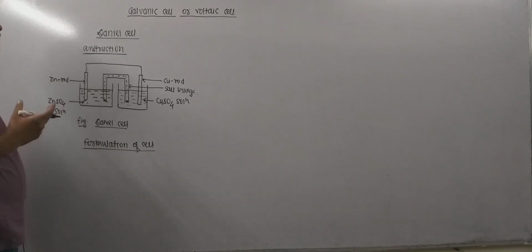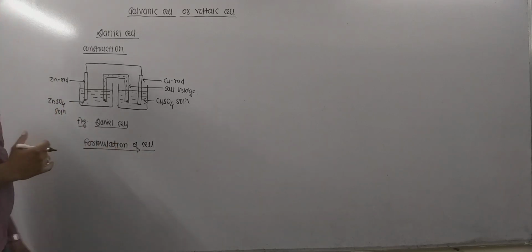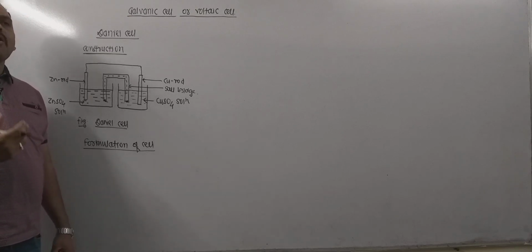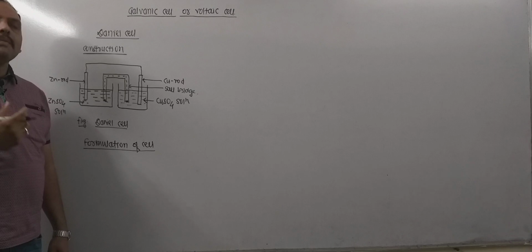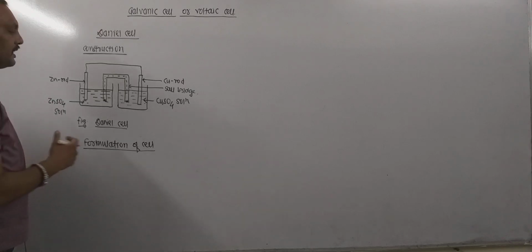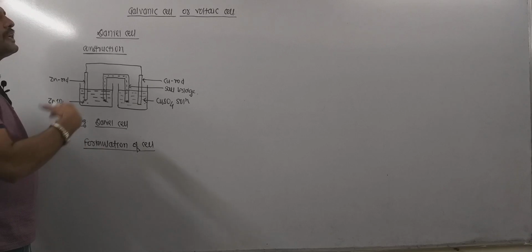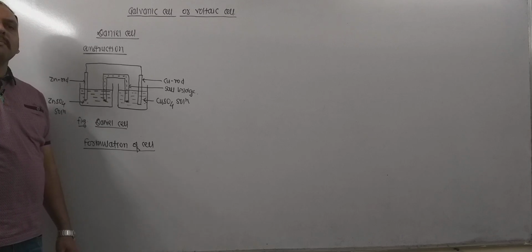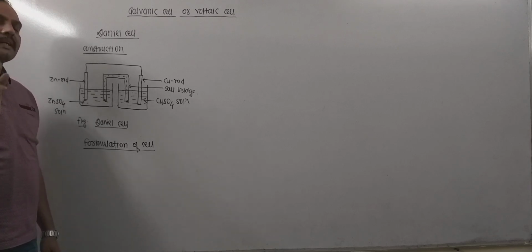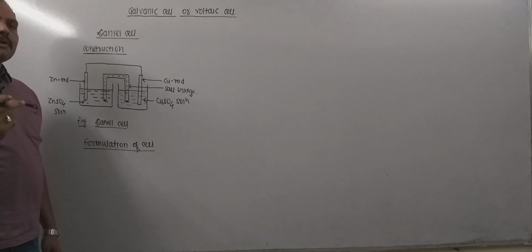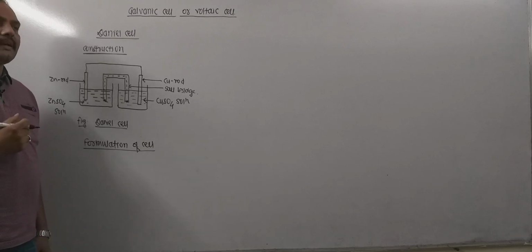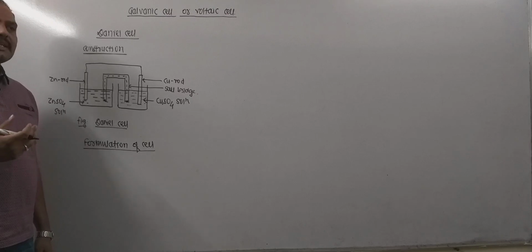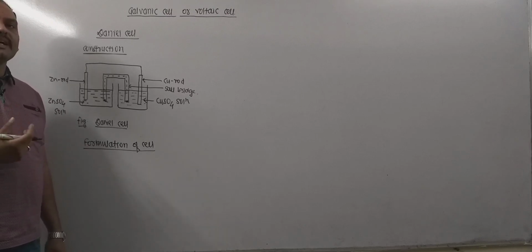Now in brief, one thing should be noted. On the left hand side we need to mention the oxidation half. The electrode at which oxidation takes place is to be mentioned on the left hand side, and at the extreme right the reduction half cell. And a single vertical line is drawn between the metal electrode and the solution around it, and a single vertical line represents direct contact. And in order to indicate indirect contact between two electrolyte solutions, we need to use double vertical lines. And the concentrations, if known, should be mentioned